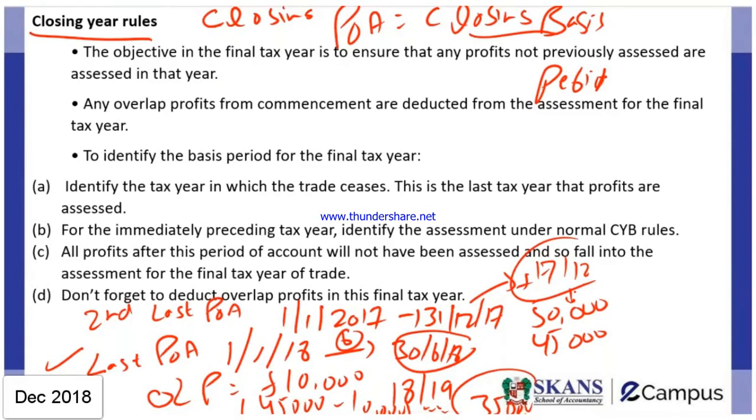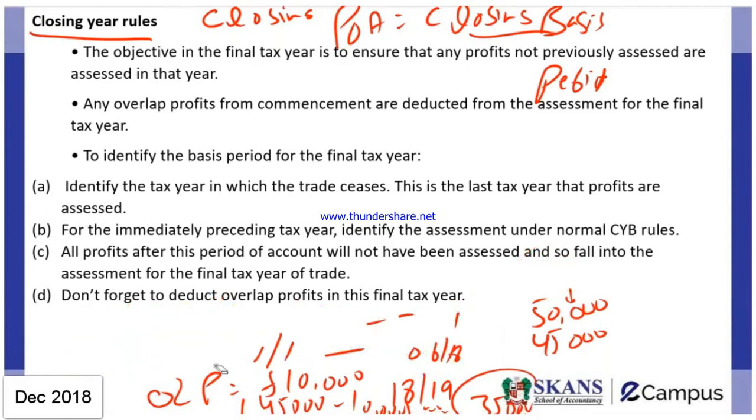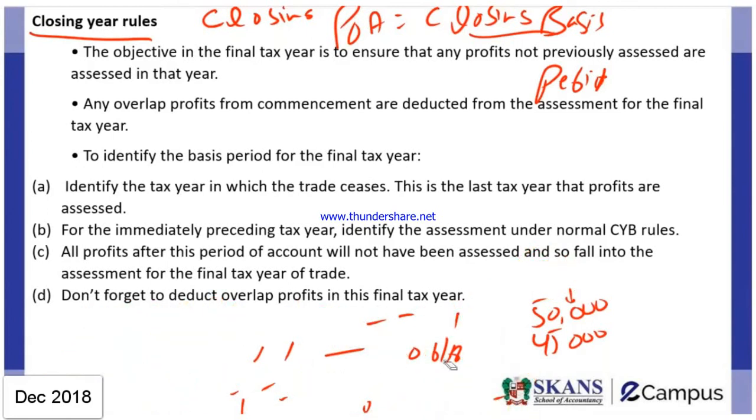The opening year rule is basically divided into cases, and then each and every case has a separate rule to calculate the assessable income in the opening year, which is very tricky, but this is not so difficult. When you practice these rules, they are very straightforward, and you can apply them in any kind of question, and you find the overlap profit as well as your assessable trading income. Okay, closing year rules are very straightforward, but in the examination there is a case, maybe in the closing year rule,